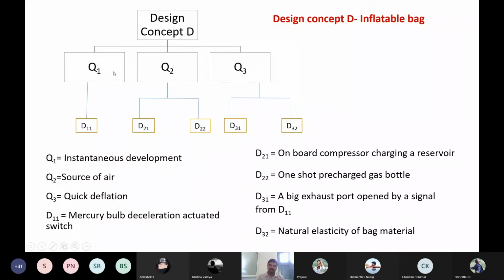And how we are going to relate solving these three is using the rule of probability that we discussed in the previous class. So that is related as P of Q1 and Q2 and Q3. Okay, so like that you are going to solve. Next, how are you going to solve Q1? You have only one way, that is D11. For Q2 you have two solutions. For Q3 you have two solutions. Here, since there is one solution, anyhow you have to solve it.